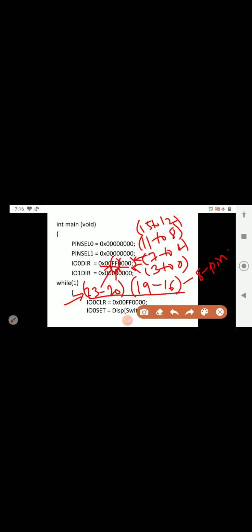So these 8 pins we are going to configure as output pins. Only these are high, that is F means the value 1111. Similarly, what is the value of 0? That is 0000. So except for these 2 digits, which represent pin numbers 16 to 23, we are configuring a total of 8 pins as output pins. So you have to remember it like that.